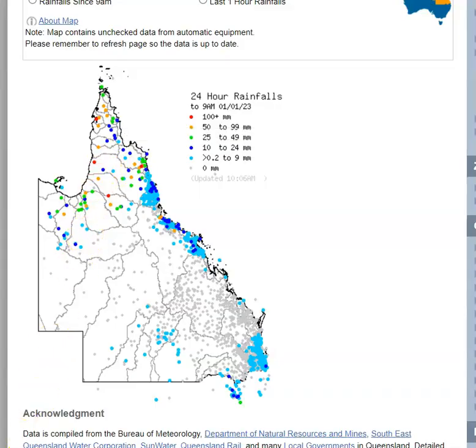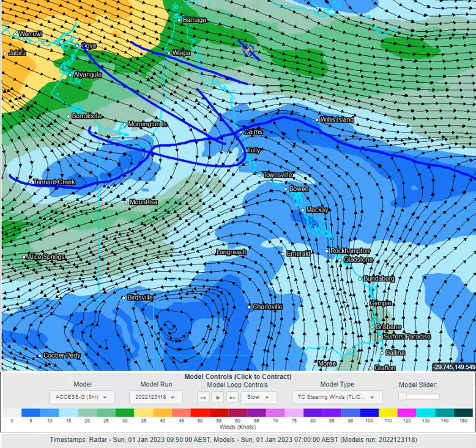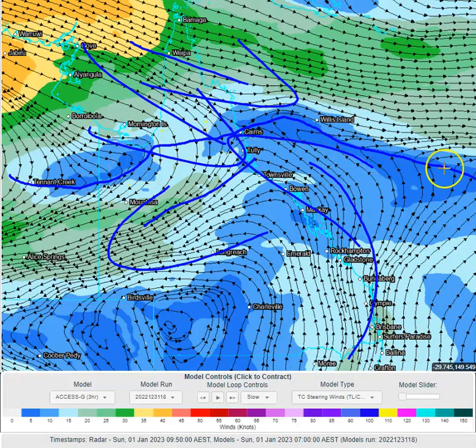Speaking of the monsoon trough, we can see it through here, the Gulf country, and then it extends basically just to the north of Cairns and then over into the Coral Sea. So to the north of that, we've got a deep layer northwesterly flow. To the south of that, we've got a weakish northeasterly flow, and across the coastal regions of Queensland, we've got a general south to southeasterly flow. But that's our demarcation line, or that's our monsoon trough line. Now, it does vary at different levels of the atmosphere. The trough line moves slightly northwards or slightly southwards, but in general,